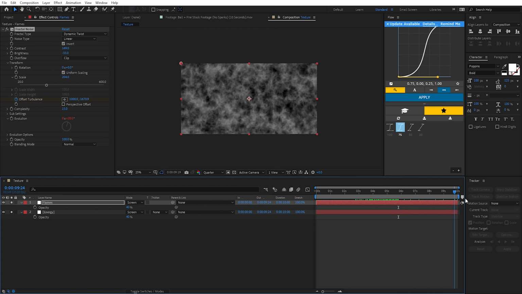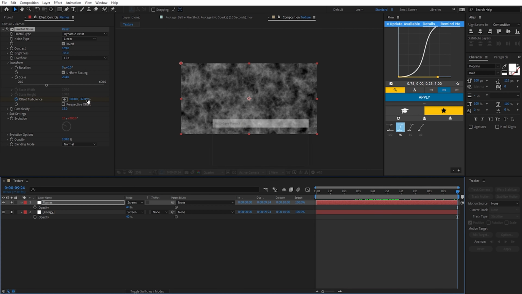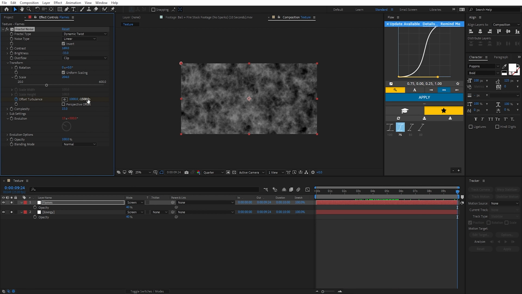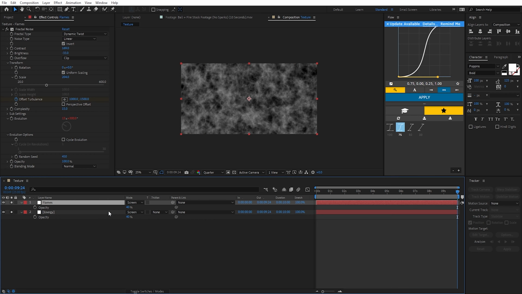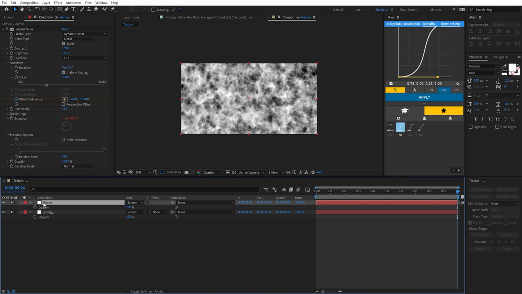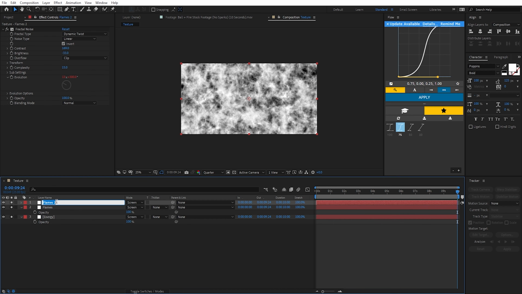But that just gives it a bit more depth. But anyway, we'll go back to 10 seconds and we'll just set it back to 1500. And then we can even go down to the evolution options and just change the random seeds for some variation. All right, now let's bring these back to 100% and we'll duplicate the flames layer and we'll rename this to